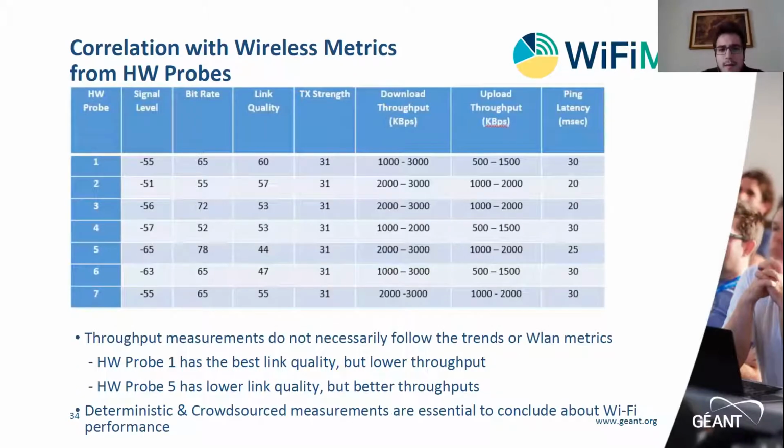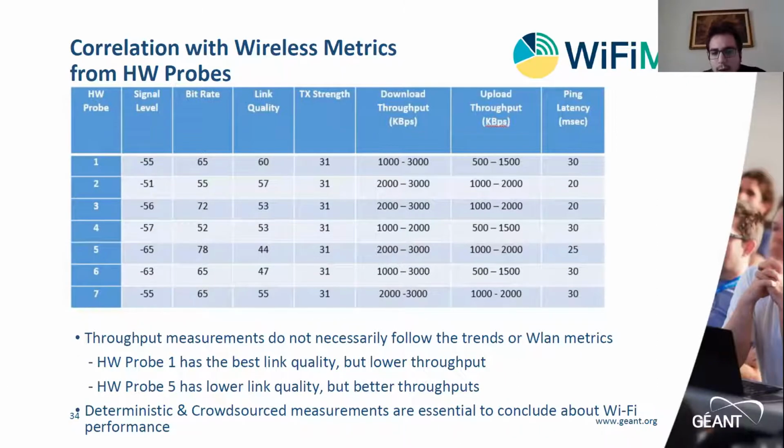And these are the wireless metrics that I mentioned before. Recall that apart from performing measurements towards the WiFiMon test server, the hardware probes also collect some metrics and stream them to the WiFiMon analysis server. These metrics can be signal level, bitrate, link quality, transmission power, and you can see all the measurements from the 7 probes, and they're measured in an average, of course, download throughput, upload throughput, and ping latency,